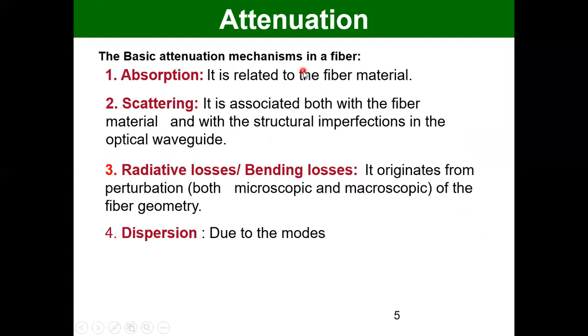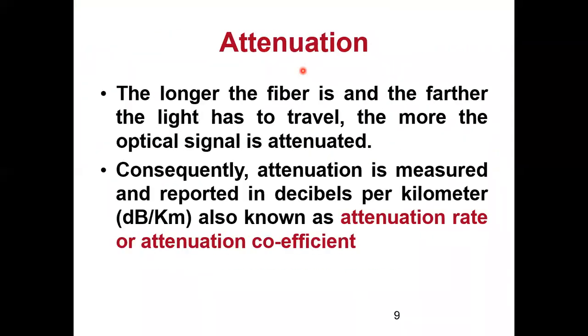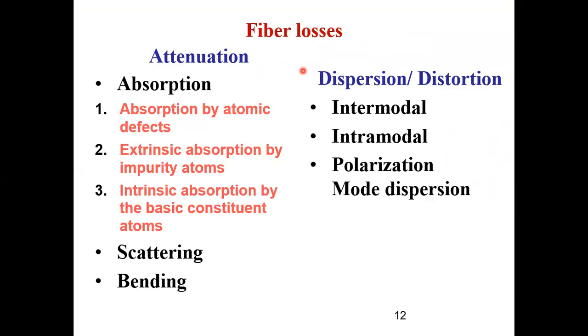Now signal attenuation, as I have marked in this particular diagram, in signal attenuation the first loss is absorption loss, scattering loss and bending loss. Those who are writing, you can please write this down. Fiber loss, you can make a chart, a tree kind of diagram. It is of attenuation and dispersion. In attenuation, we have three categories, three types of attenuation loss. Loss due to absorption, scattering loss, bending loss.